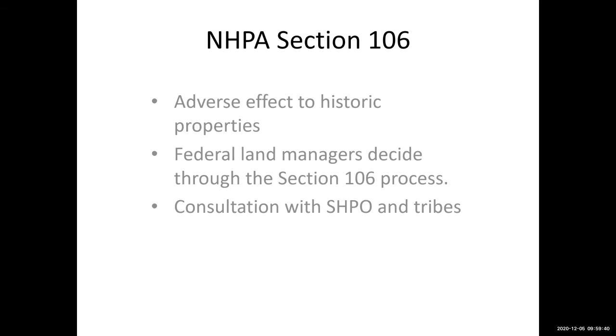So there's a lot of consultation that goes on when it is a rock art panel that you need to professionally remove the graffiti and not adversely affect the rock art. In that process, the ARPA investigation would be going on. They determine that you can go ahead and remove the graffiti, and we would start that Section 106 process that